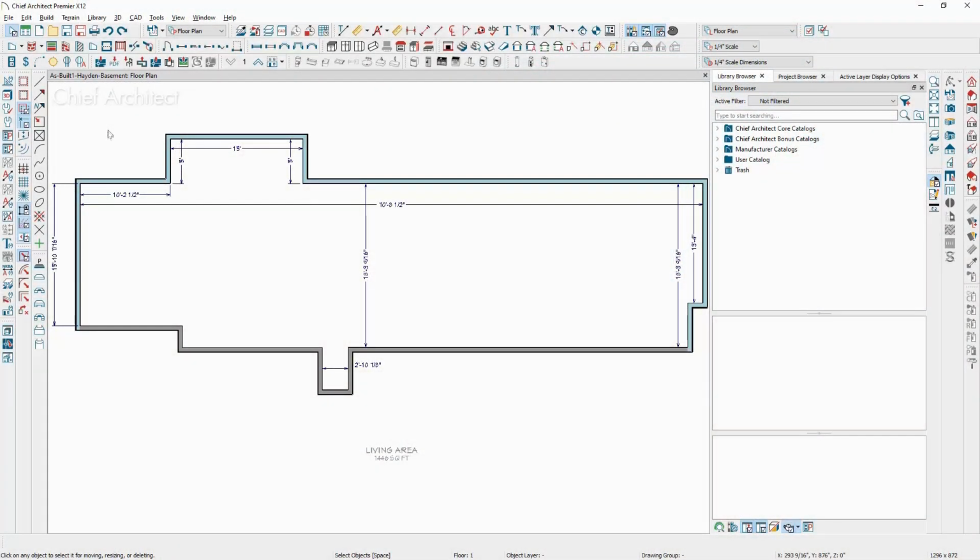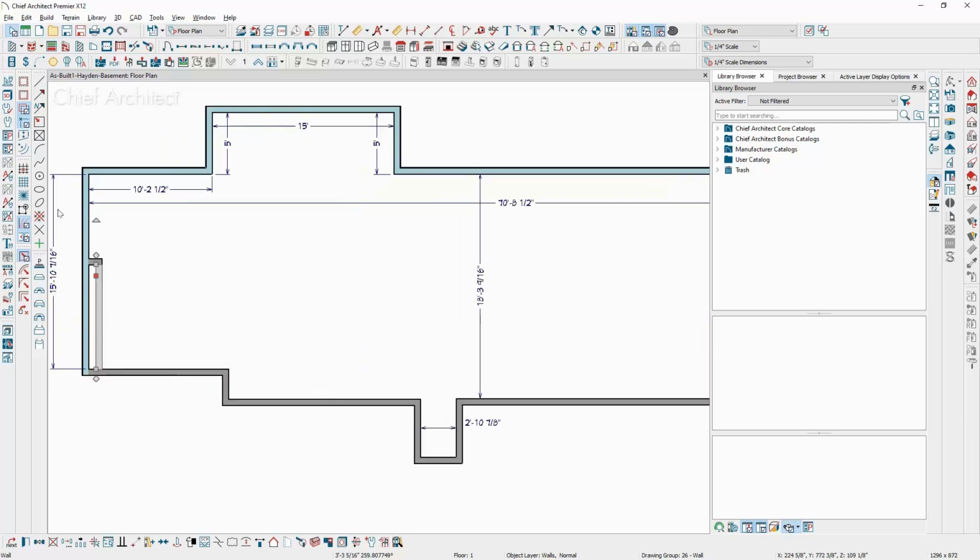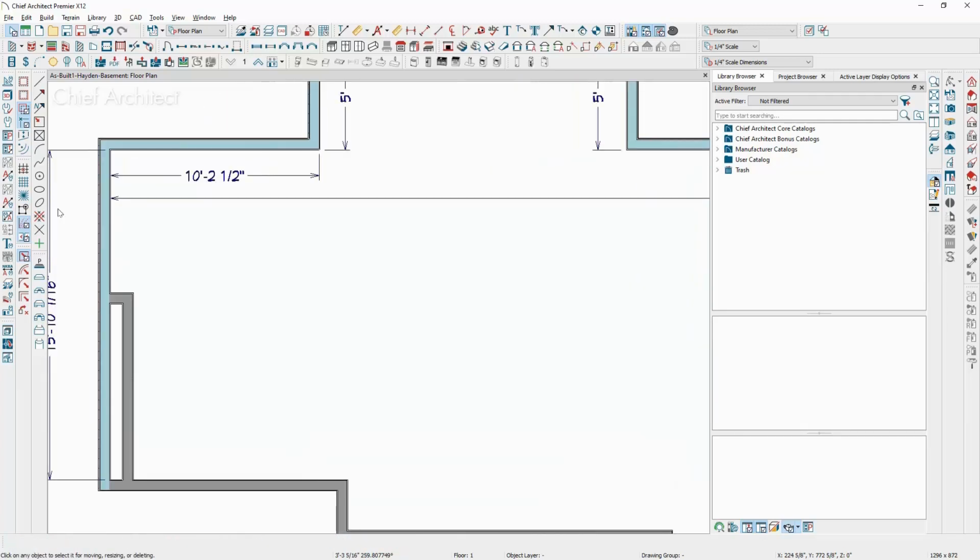So first off, we'll just use our interior wall tool, and I'm going to place it out here, because if you draw it too close to the other wall, it'll eliminate the other wall. You can move it right up on top if you want, like that. Then I'm going to bring another wall in, and this is just going to be a partial wall, a half wall, and the wall type is off, so I'll have to change that. Okay, so we'll double click that, change that to an interior 6 wall,